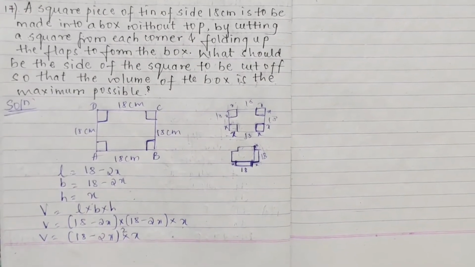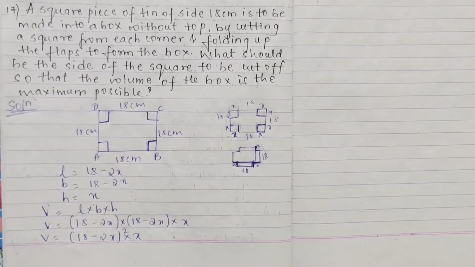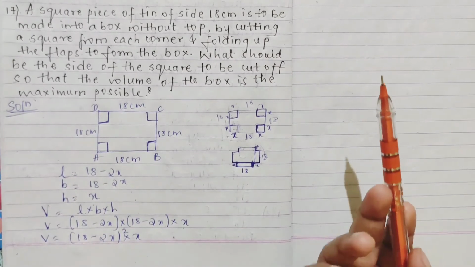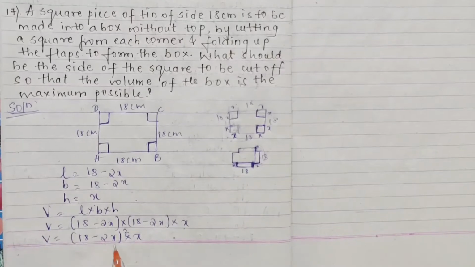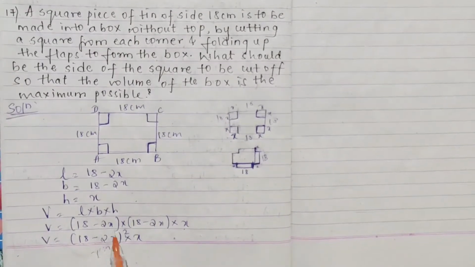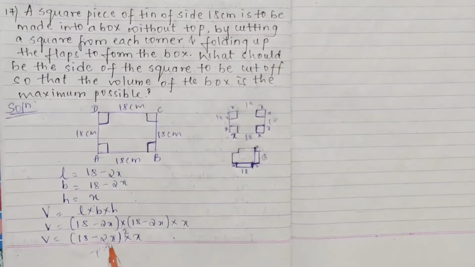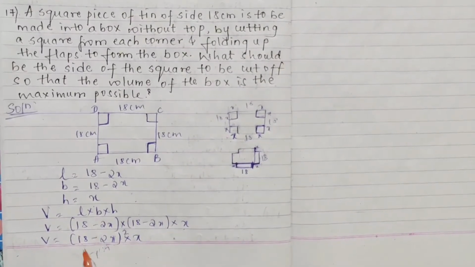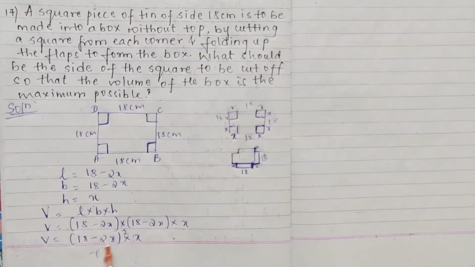Next what you have to do, find the derivative, right? First derivative, second derivative, and check the nature and find out what they're telling, so that the volume of the box is maximum possible. Okay, so we'll find the derivative. See, it is 18 minus 2x the whole square, so x raised to n form I'll take, and even chain rule you have to apply here, interior. Either you can do like this, or if you want to open up the bracket and make it a single polynomial, you can do by multiplying. First apply the a minus b the whole square formula, and then multiply with each thing.